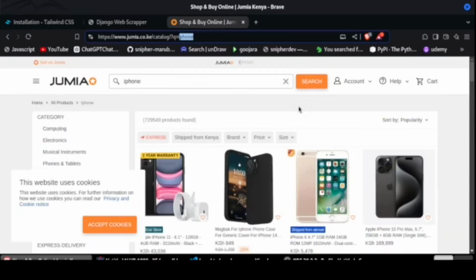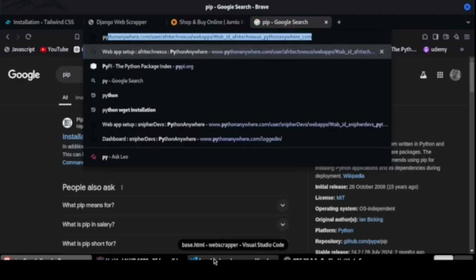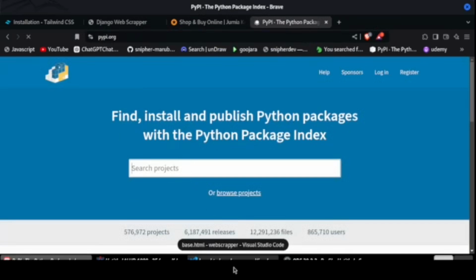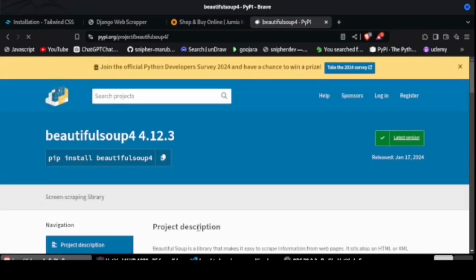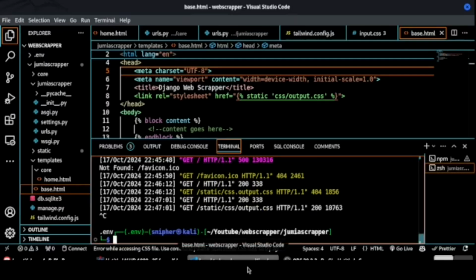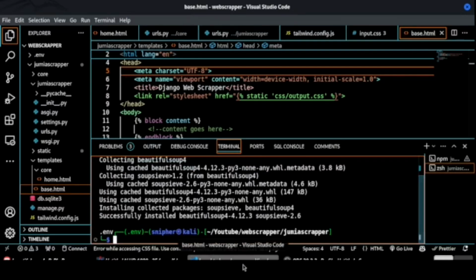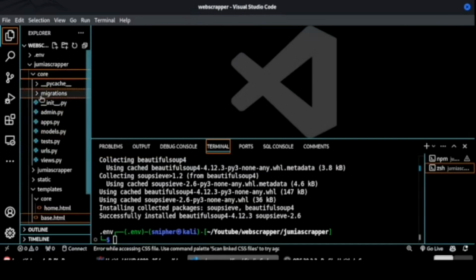Okay, let us install BeautifulSoup 4. So let's go to PyPI, that is the Python Package Index. And then once we are here, let us search BeautifulSoup, and then this one is what we want. Let us install it. Go back to the terminal, then we close the server and clear the terminal and install BeautifulSoup 4. This is the library that we will be using. Okay, once it is installed, now let me close all this. Now once it has been installed, let us go to the core app and go to